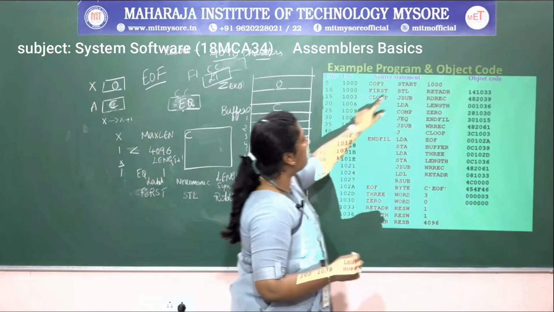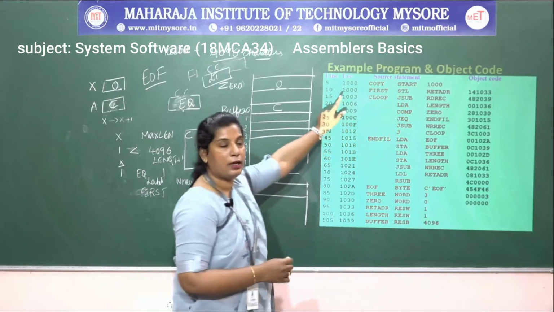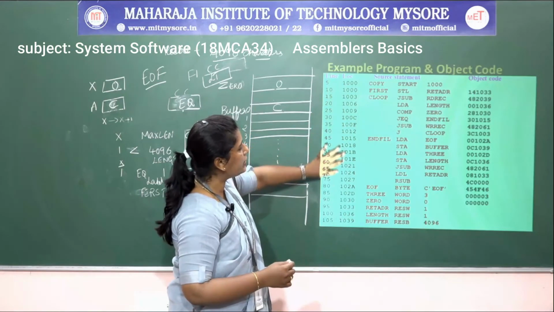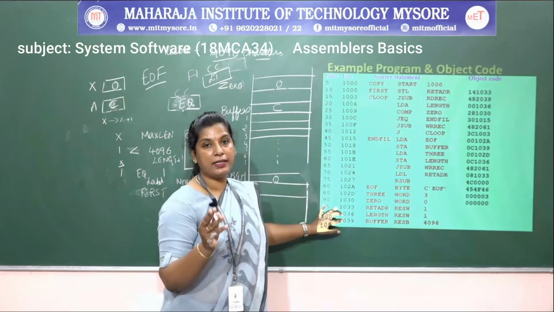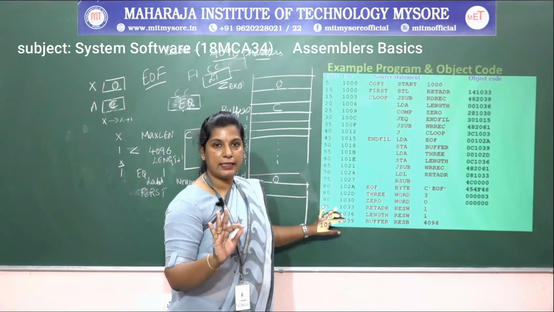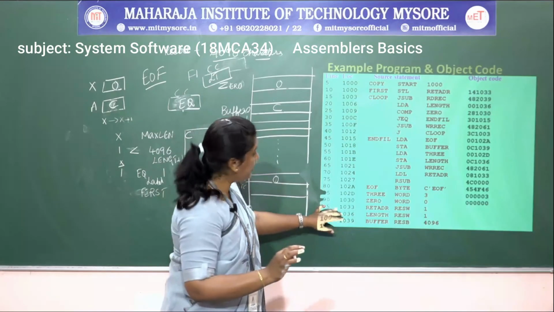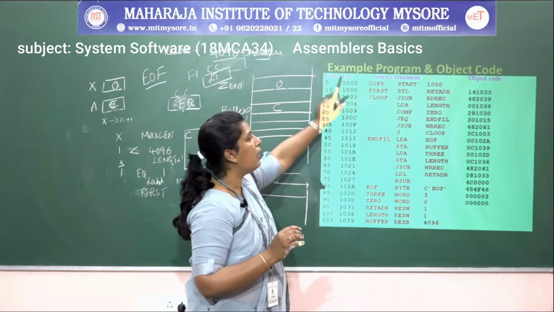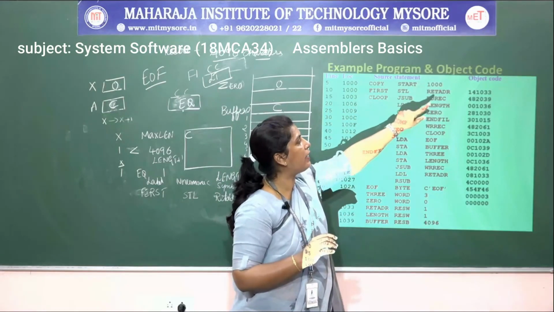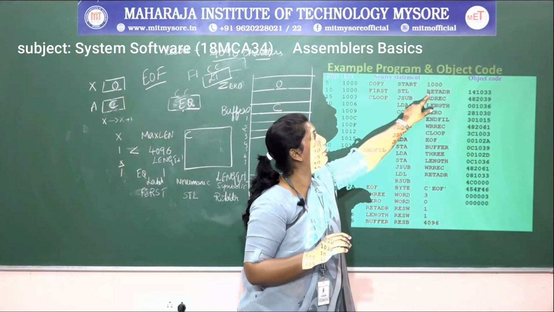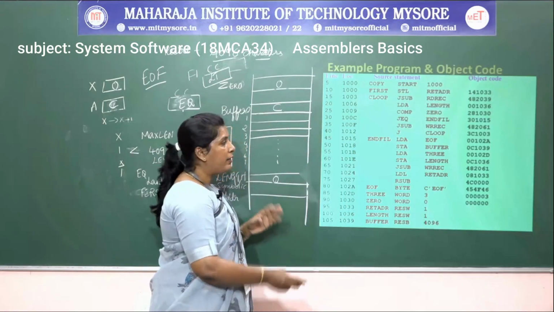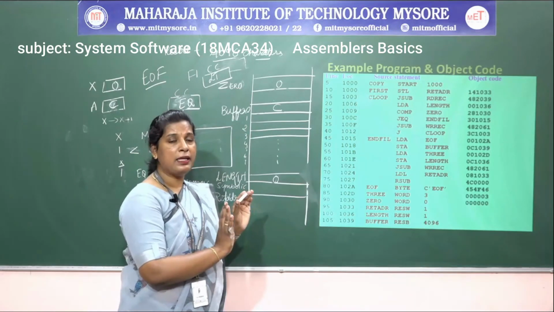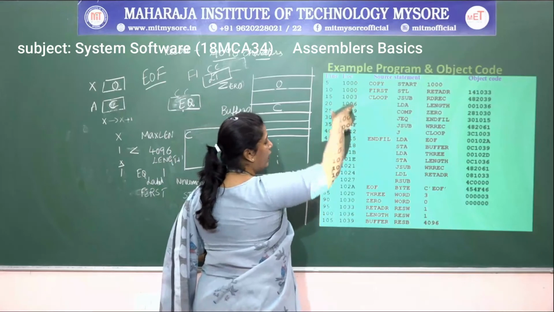You can observe that it starts from memory location 1000. The assembler assigns the memory location for each and every instruction by incrementing 3 bytes at a time, because the instruction length in SIC is 3 bytes. At the same time, it assigns the address. After that, it converts this into its equivalent opcode and converts the symbolic address into that address. I am not talking about pass 1 and pass 2 here. I have this program; let us assume the assembler is first assigning all the addresses here.